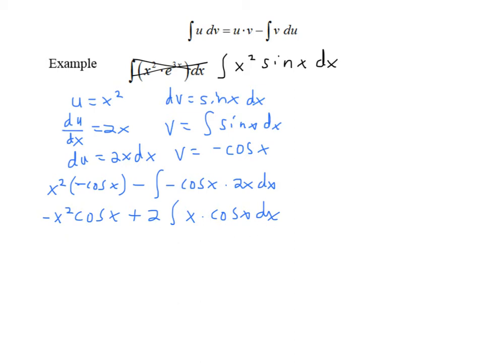Perhaps you might have stopped here. If not, great, if you were able to keep going. But notice what we have now. We have another situation, another integral, where we need to use integration by parts. So we'd better get to it. Now, we're not going to lose this negative x squared cosine x. That's still there. And we'll still have a plus 2, but now we need to focus